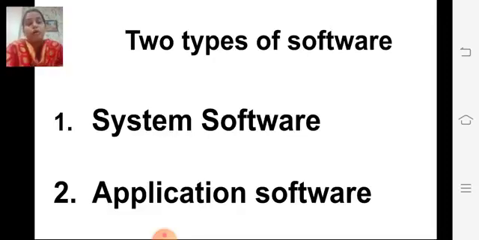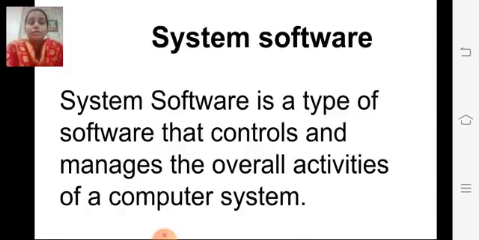Now see, the system software is a type of software that controls and manages the overall activities of a computer system, a whole computer system.